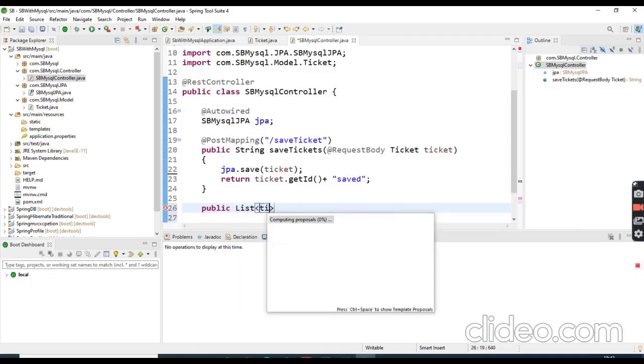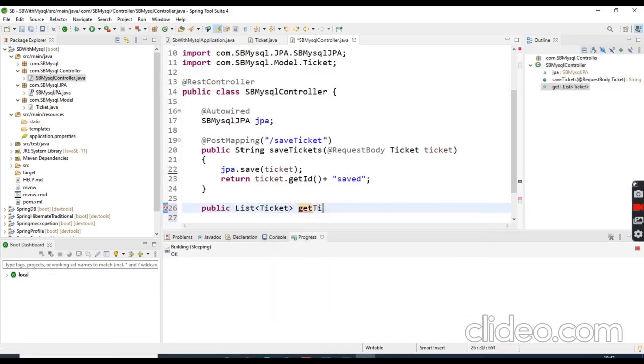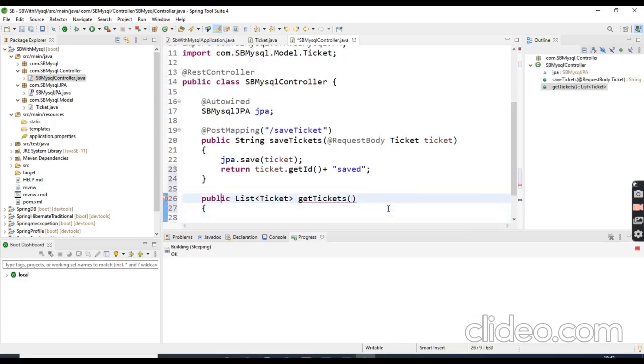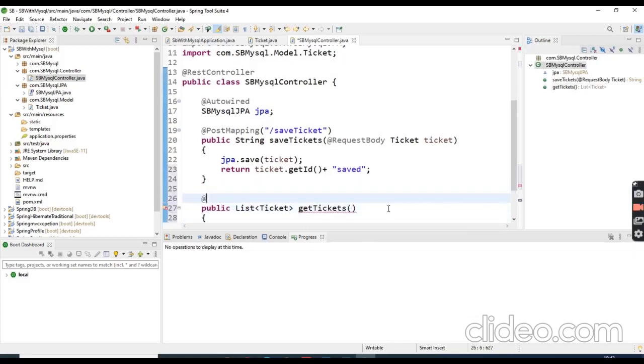Now write one more method which is going to return the list of tickets available in the database. Public List<Ticket> getTickets, and we are going to annotate this method as @GetMapping.